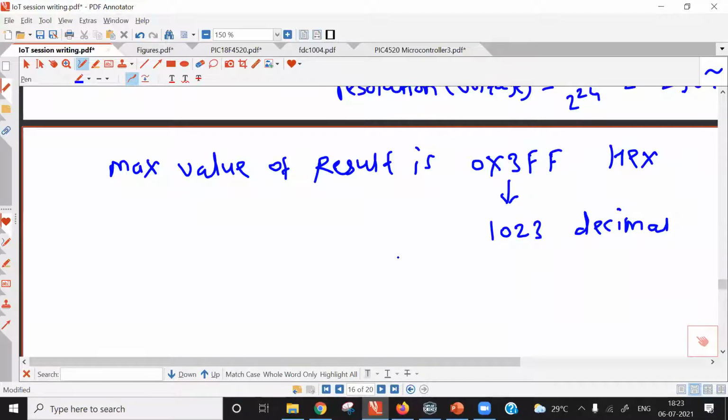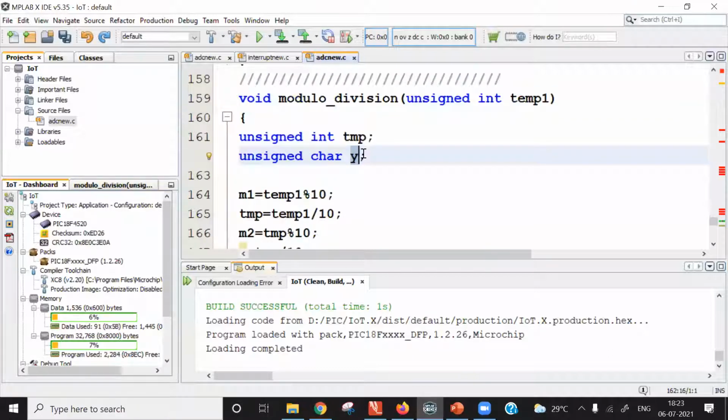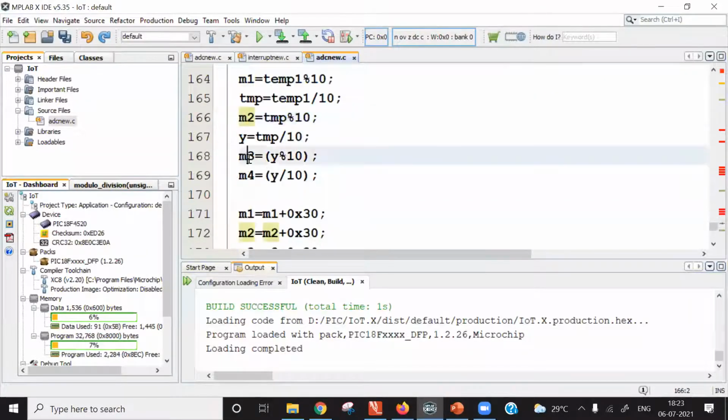What we want to do is separate out digit 1, digit 0, digit 2, and digit 3. This digit separation we will do with the help of modular division. So what is the first instruction in our modular division? Our ADC result is received in the temp1 variable, and there are M1, M2, M3, M4.